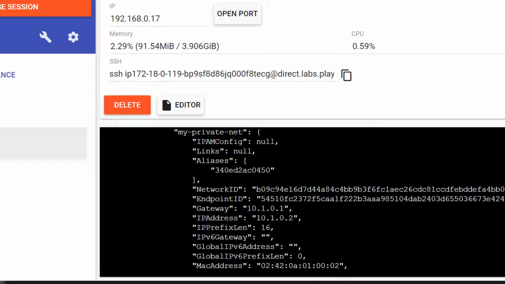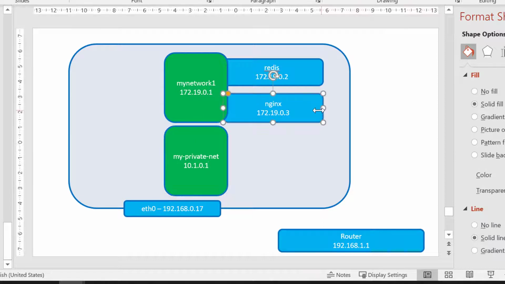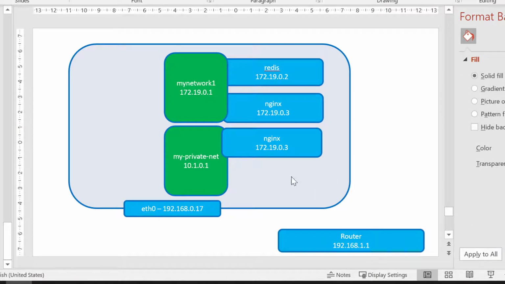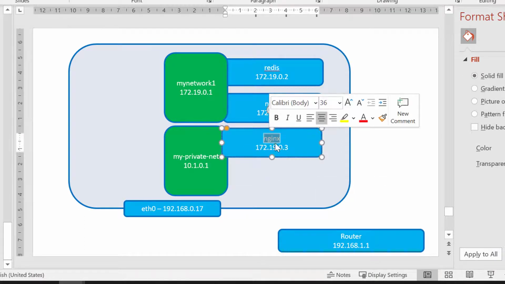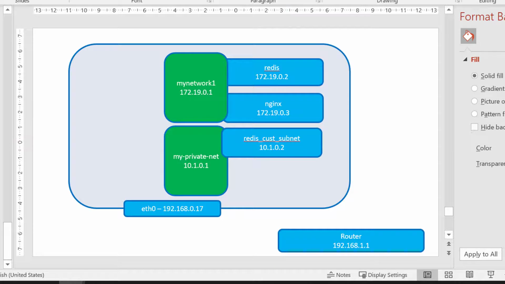Let me go ahead and update the block diagram so that we will have a better picture. So we created a container and that got attached to this specific custom network, and the name of the container that we had used is this, and it got the IP address 10.1.0.2. Now we can check the details about the host files and whether it is able to ping Google or not using this specific container. Yes, it should have clear route details on how it should ping.